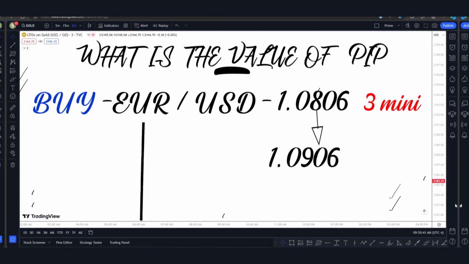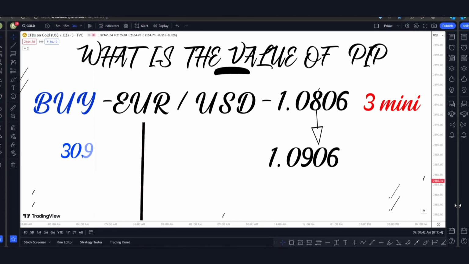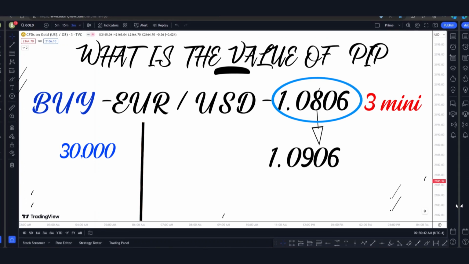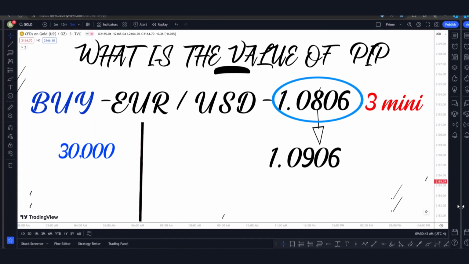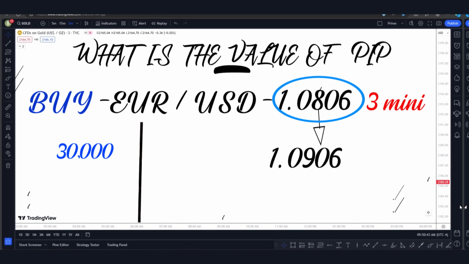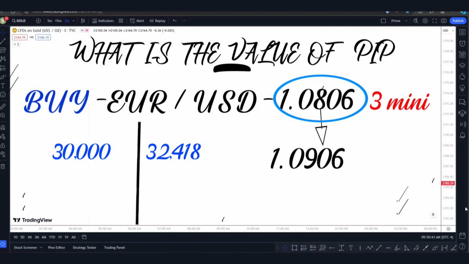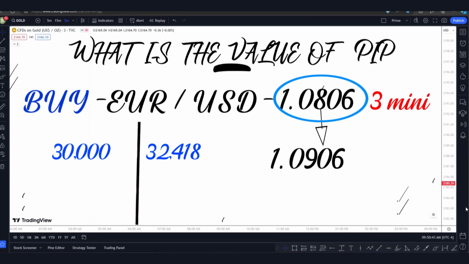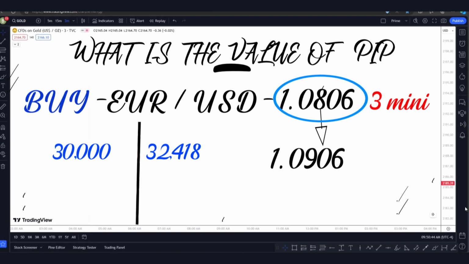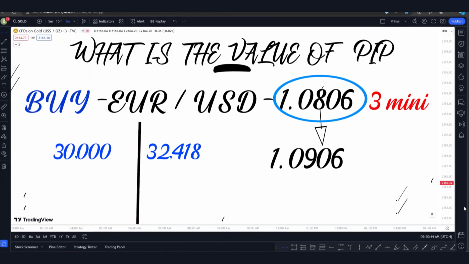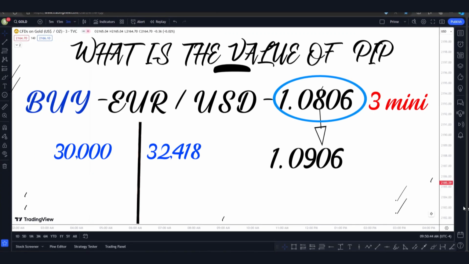So with this, what you are saying is, broker, I need 30,000 euros. The broker then is going to charge you the exact current rate, which is 1.0806. So we have 30,000 multiplied by the rate 1.0806, which is going to be 32,418 US dollars. So when they charge you this, you are holding 30,000 units of euros. Whilst holding, just as we did in the previous example, the euro goes up by 100 pips. You still have that 30,000, but now with a different rate of